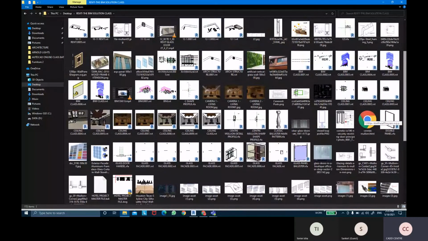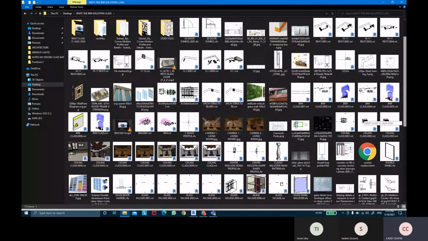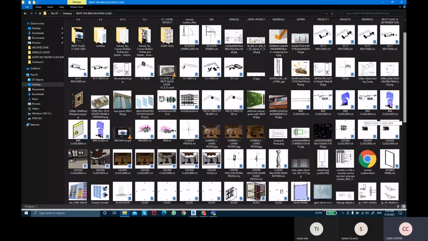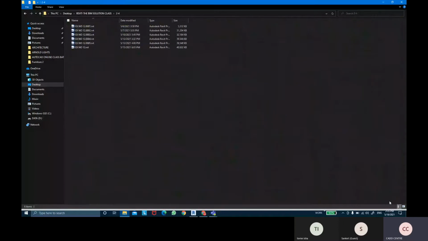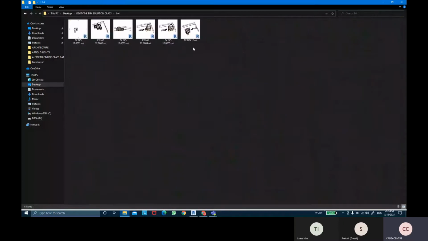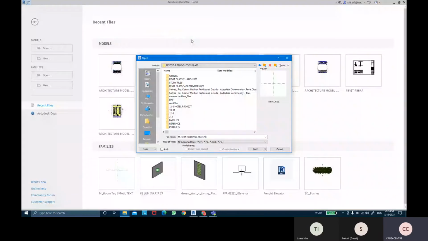Saved it in some folders. That's the file.